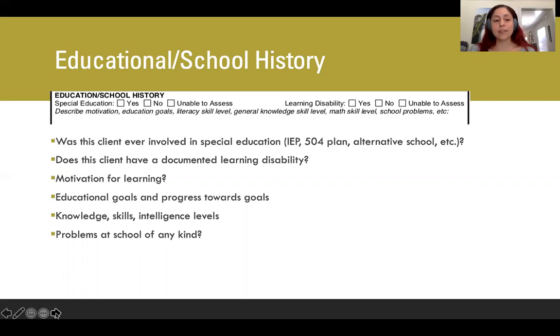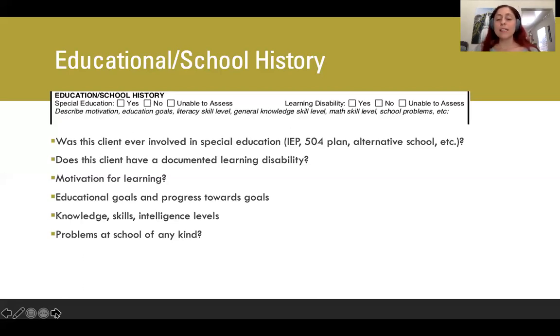Progress toward goals if they have them. Special skills, academic or intellectual skills that are helpful. And any problems at school, behaviorally, socially, academically, with authority, and so on. All of those things are really helpful to find out. And you may be thinking that because you have an adult, this isn't relevant anymore, but that's not true. Their experience at school is still important and likely still affects them in some ways. And you may have an adult who's still in school. So these are important things to ask about regardless. So don't just write NA, not applicable. Make sure that you assess.